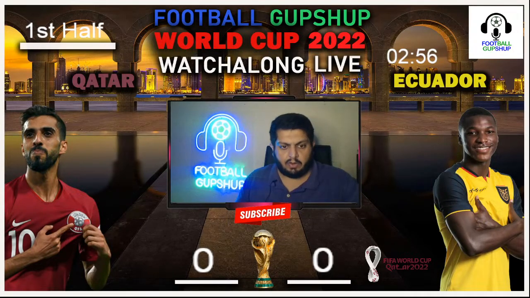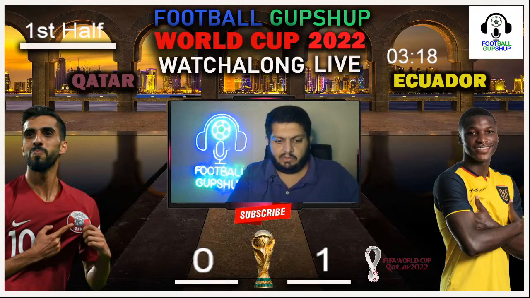So right now, Ecuador has scored the first goal of the tournament, and you can clearly see that the Ecuador fans are really celebrating, and they can feel that they have got a very easy goal. And you can see that the Qatar defense was bamboozled over there. They were caught out, so it is going to be a goal. So there you go, guys. A goal has been scored,